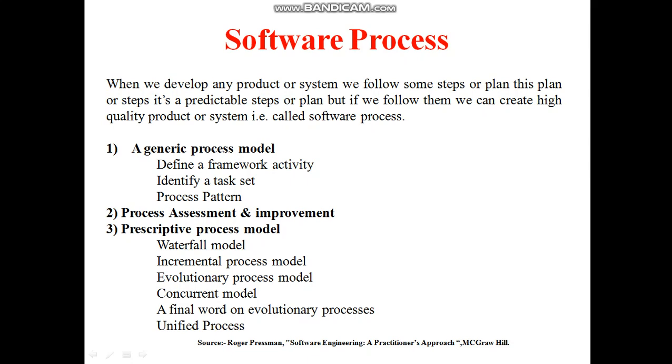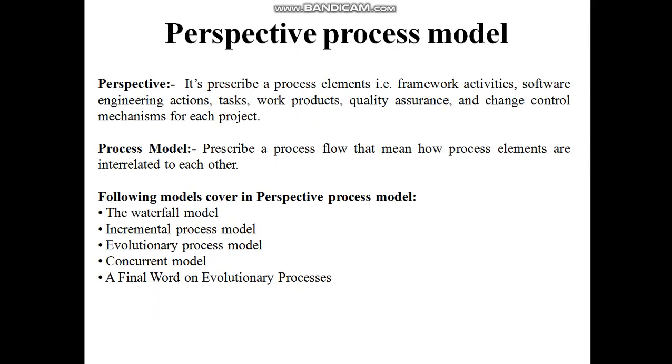So in this video we will see the prescriptive process model. So let's understand what is prescriptive and what is a process model. Prescriptive is nothing but it prescribes process elements, that is framework activity, software engineering action, task, work product, quality assurance, and change control mechanism for each project. And a process model is nothing but it prescribes a process flow, that means how the process elements are interrelated